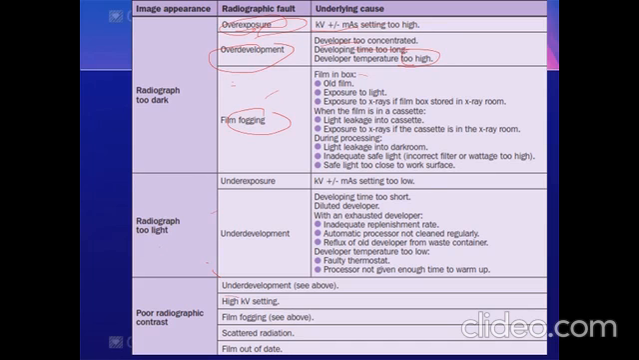due to overdevelopment. Sa film fogging, so sabi ko age fog, light fog, X-ray or radiation fog. So, light leaks from the cassette, exposure to X-rays, light leaks sa dark room, or yung safe light mo is hindi tama yung wattage niya or masyado siyang malapit sa working bench or sa loading bench. Underexposure, so if it's too light,